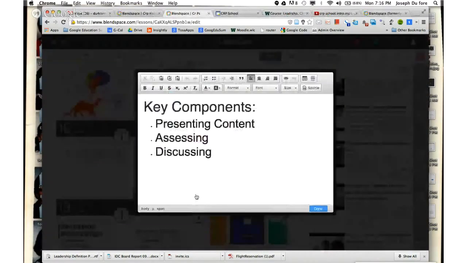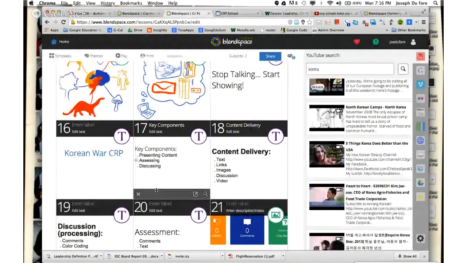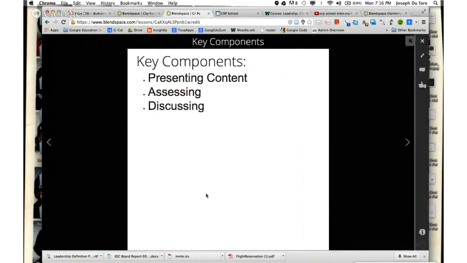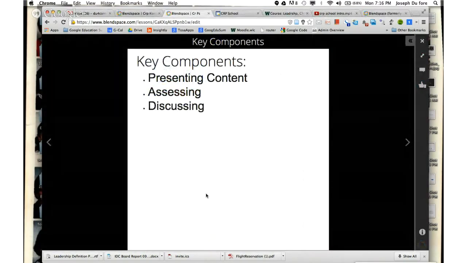and some of the key topics here to show you some of the things that you can consider putting in here if you're doing a CRP for your classroom. There's 3 different areas that you really have to focus on. One is presenting content. So you have to understand that you are presenting the students with content, much like a web quest, like I was explaining before, or much like an online learning system or learning management system, where you're giving them videos, you're giving them written information, you're giving them explanations about what you're expecting of them, you're creating